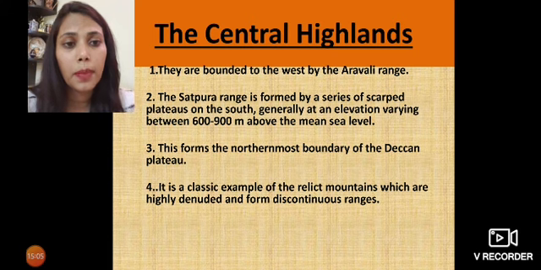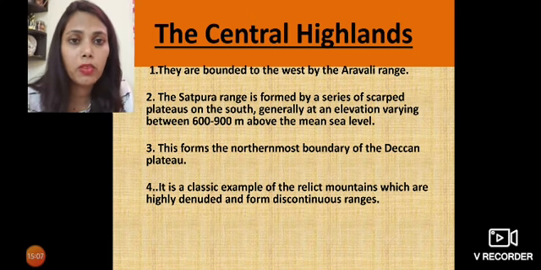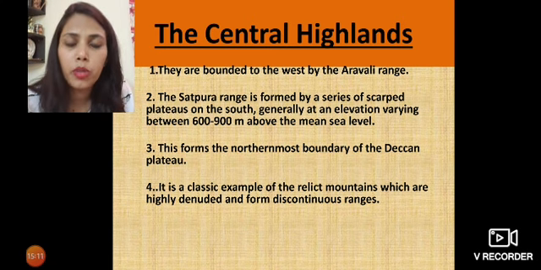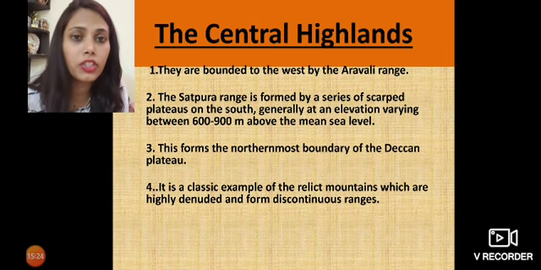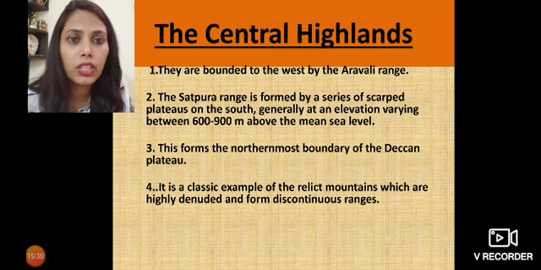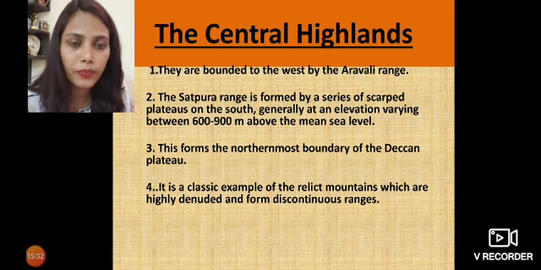It's a classic example of relict mountain. Now relict mountain means residual mountains. So Aravali range, Satpura range are an excellent example of relict mountain. Relict mountain means these mountains are very, very old, very ancient mountains, and they're also called residual mountains. And whatever is residual comes from the word residue. Residue is what is left over. So after a lot of weathering, erosion, these mountains are still standing. They're an example of relict mountain.